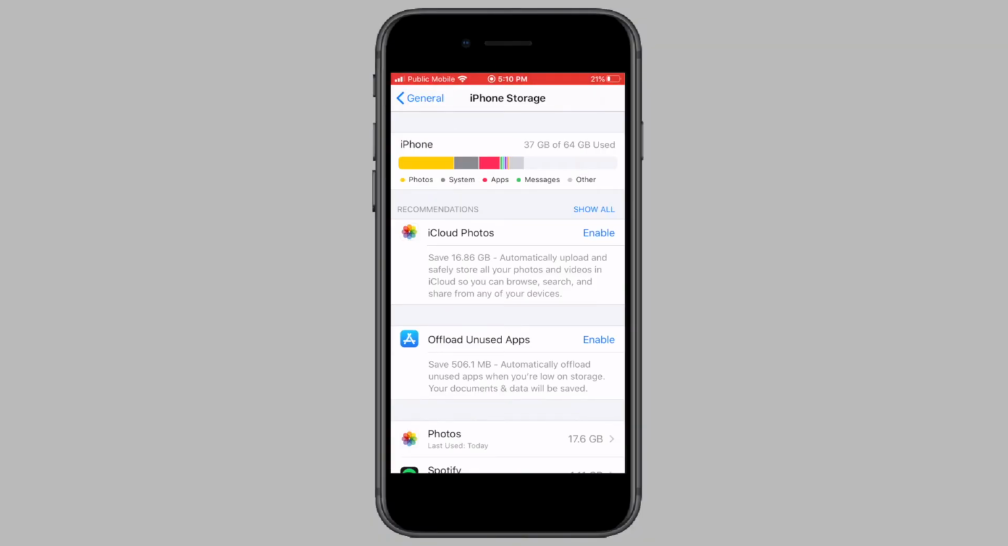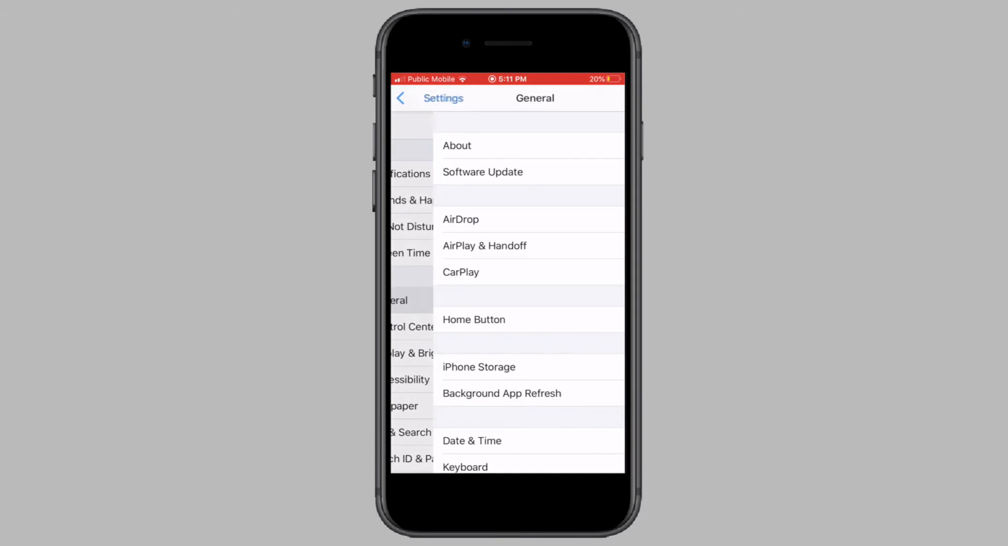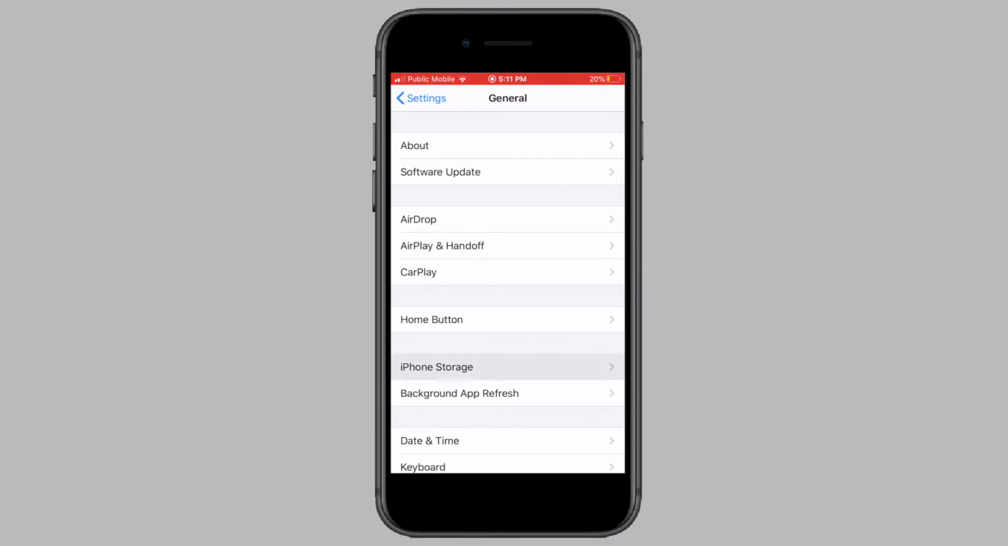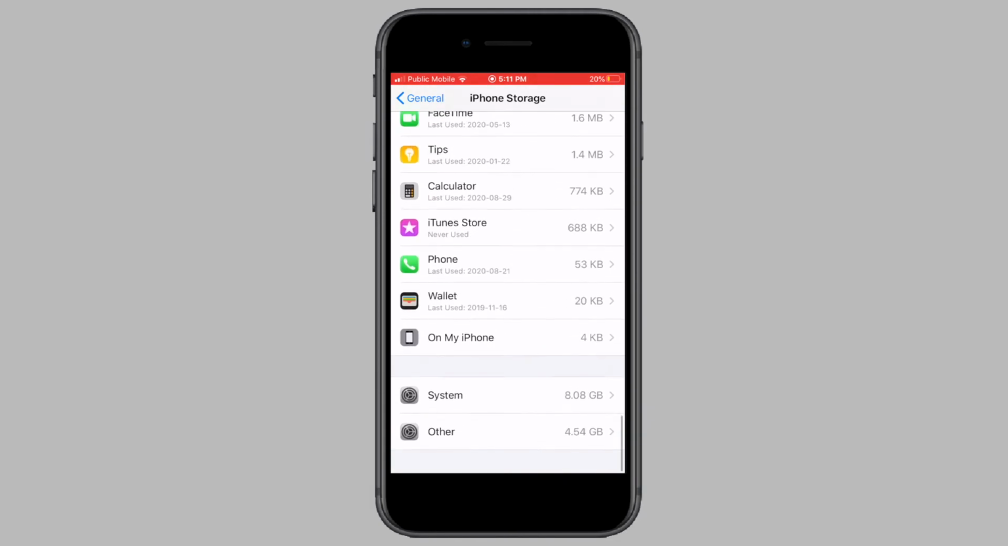So the first thing you need to do is check how much other storage is actually on your phone. To do this, open Settings on your phone, click on General, and then click on iPhone Storage. Now scroll down to the bottom and you can see exactly how much space this other storage is taking up on your phone. As you can see on my phone, I have about 4.5 gigabytes of other storage, which is